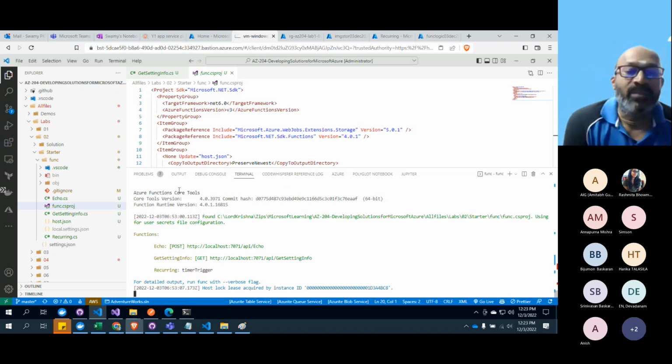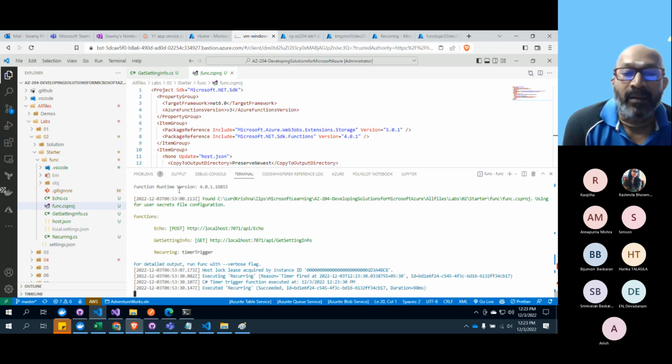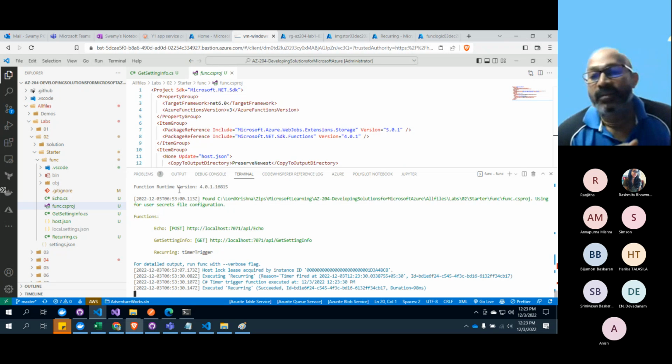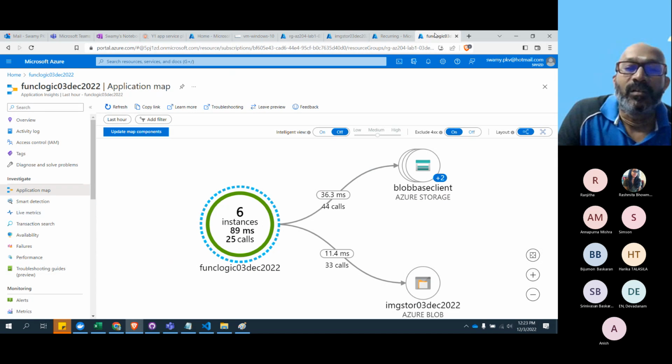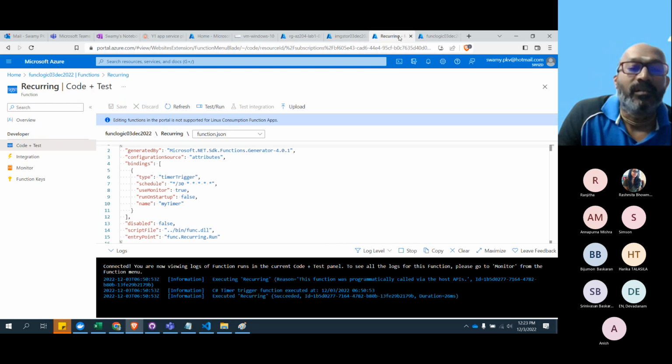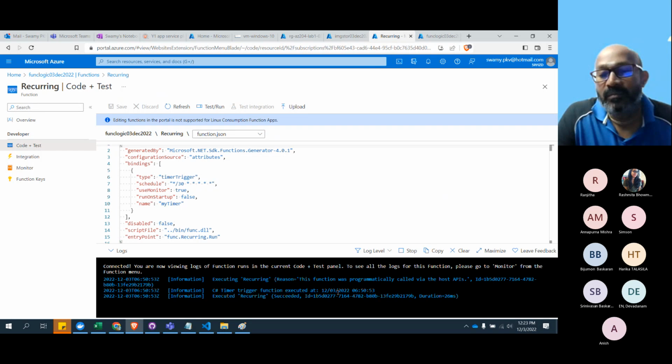Only this is very specific to the timer trigger functions. So a timer trigger function needs a different plan. See that? It is working on my local machine. And here, since it didn't work.